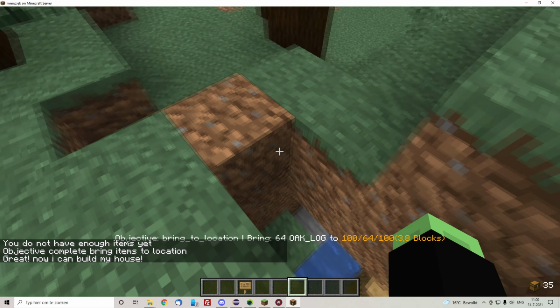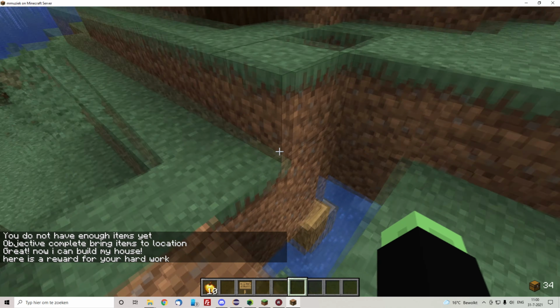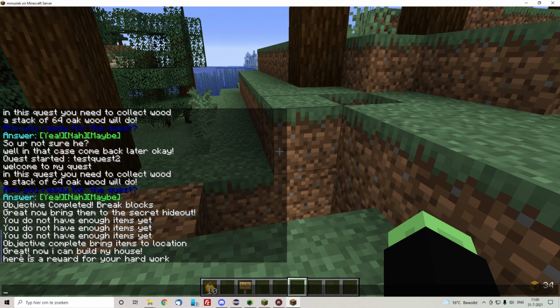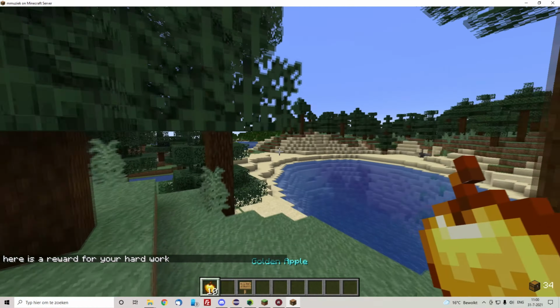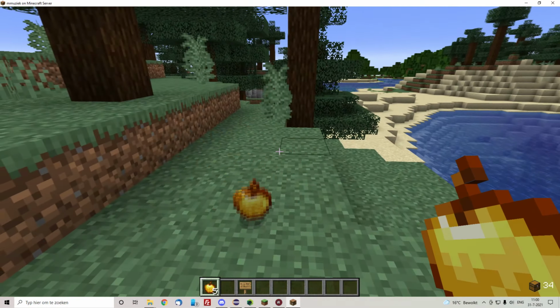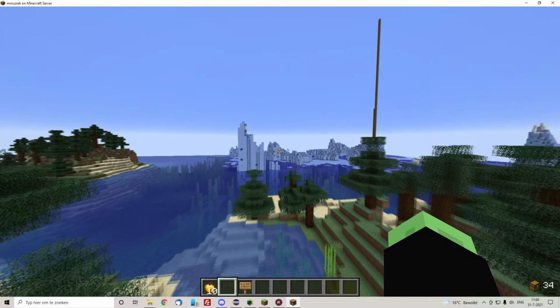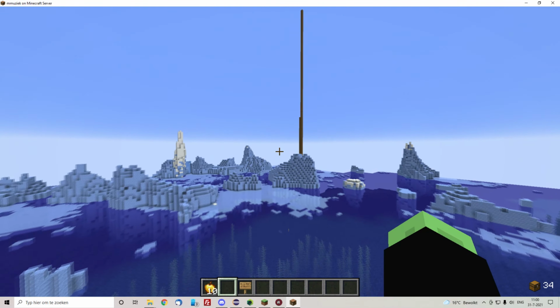And there we go. Objective completed. It took away my oak logs. It triggered a conversation again, and it rewarded me with 10 golden apples. And now the quest is complete. Which means, if I go back to the sign